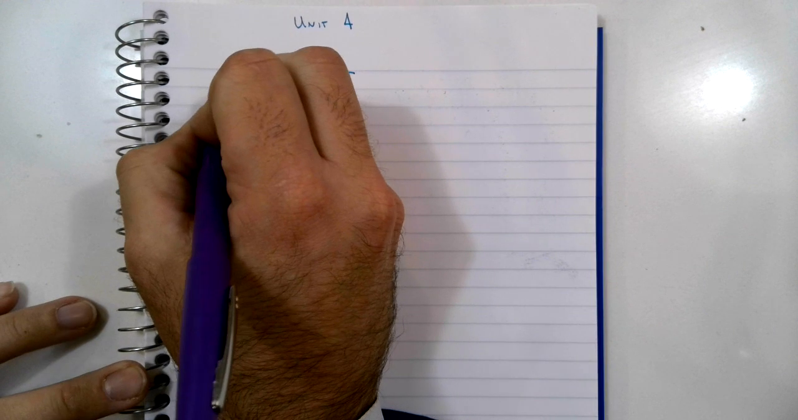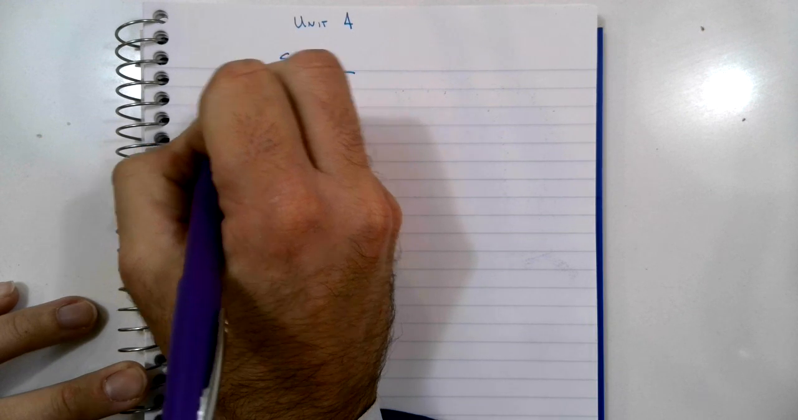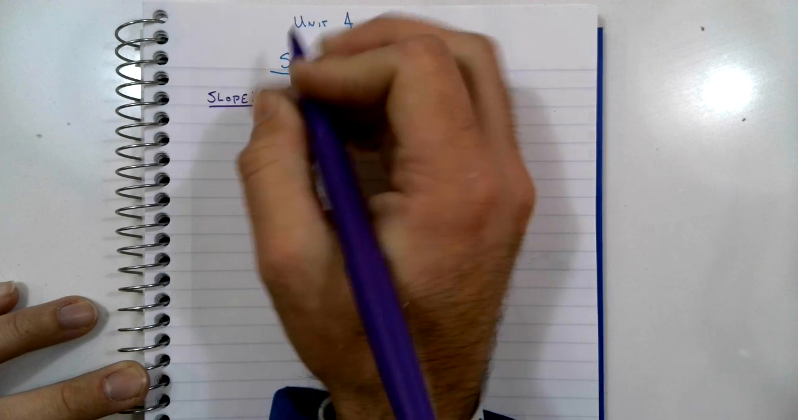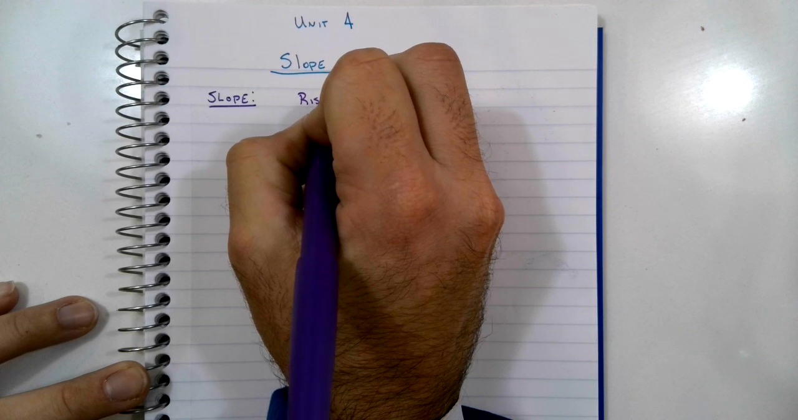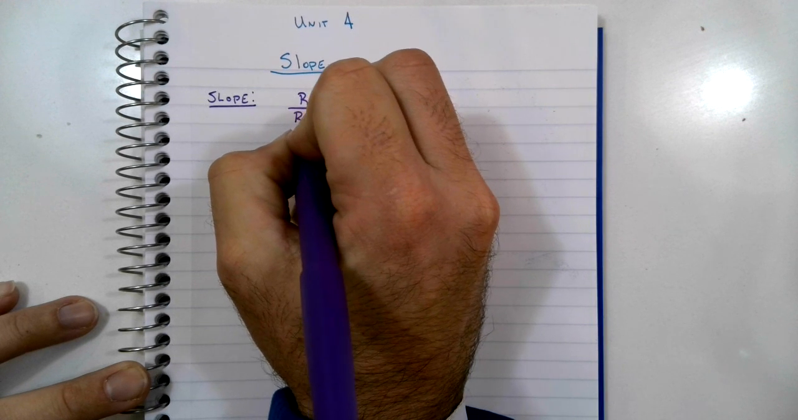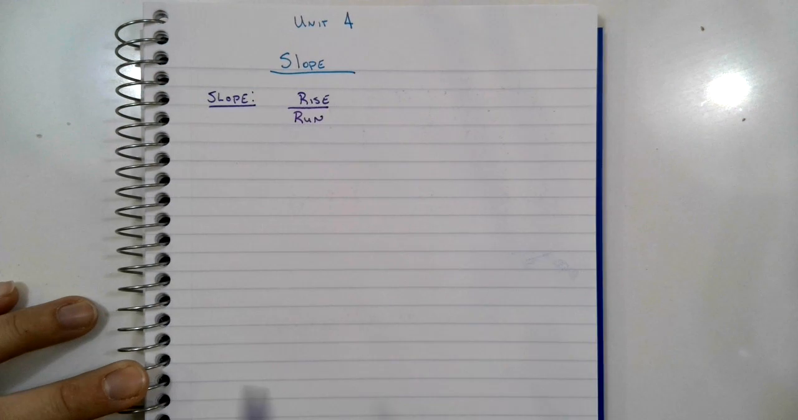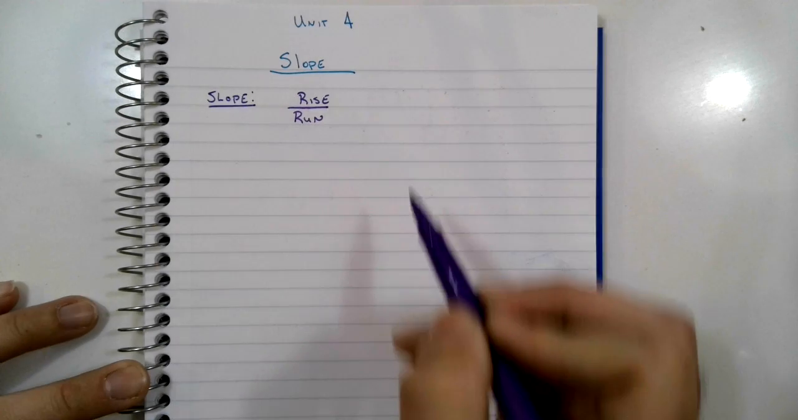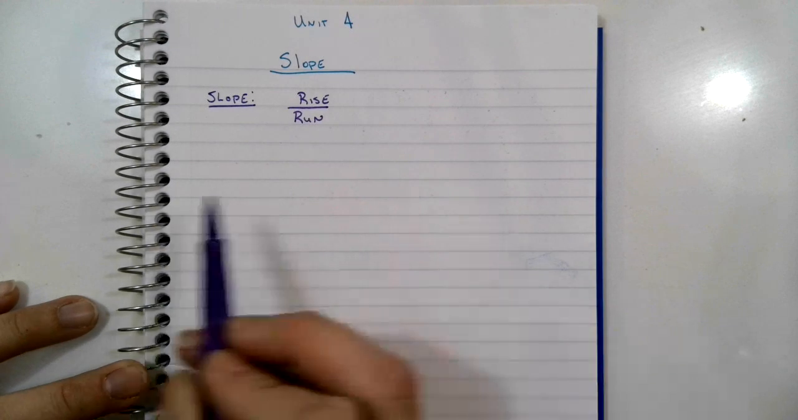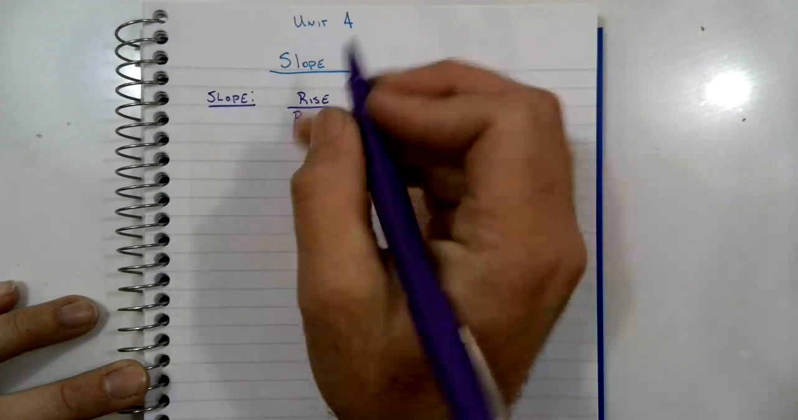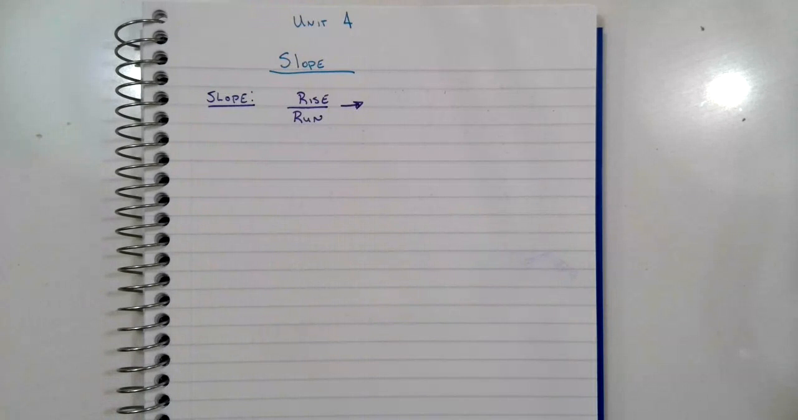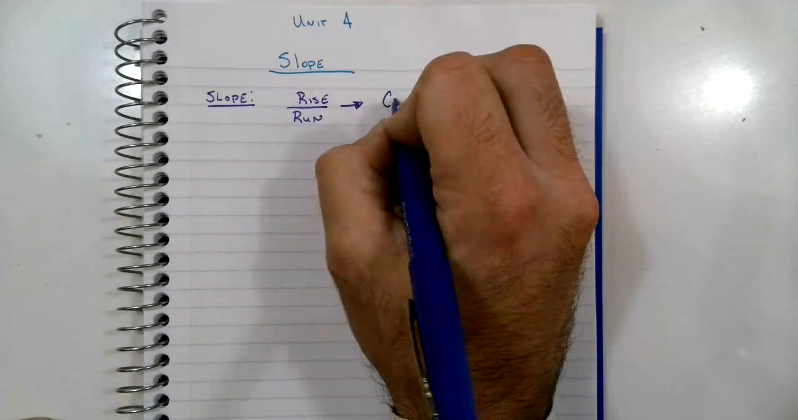So what is slope? Slope, you'll hear people say, is rise over run. When you're looking at it on a graph, you're thinking of the rise, which is your y-axis, and your run, which is your x-axis. So what this exactly is, is the change